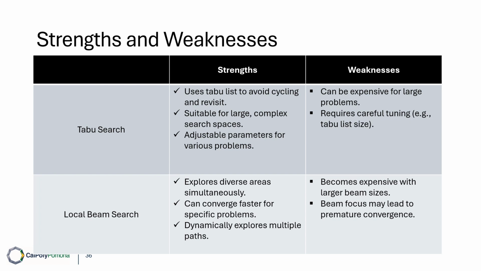Starting with tabu search, one of its key strengths is its ability to avoid cycling and revisiting previously explored solutions using the tabu list. This feature ensures that the algorithm doesn't get stuck in a loop, which is particularly useful for problems with complex solution spaces. Tabu search is also highly customizable, and its parameters can be adjusted to fit a wide range of problems. For instance, if you are solving a job scheduling problem, you can fine-tune the tabu list size or tenure